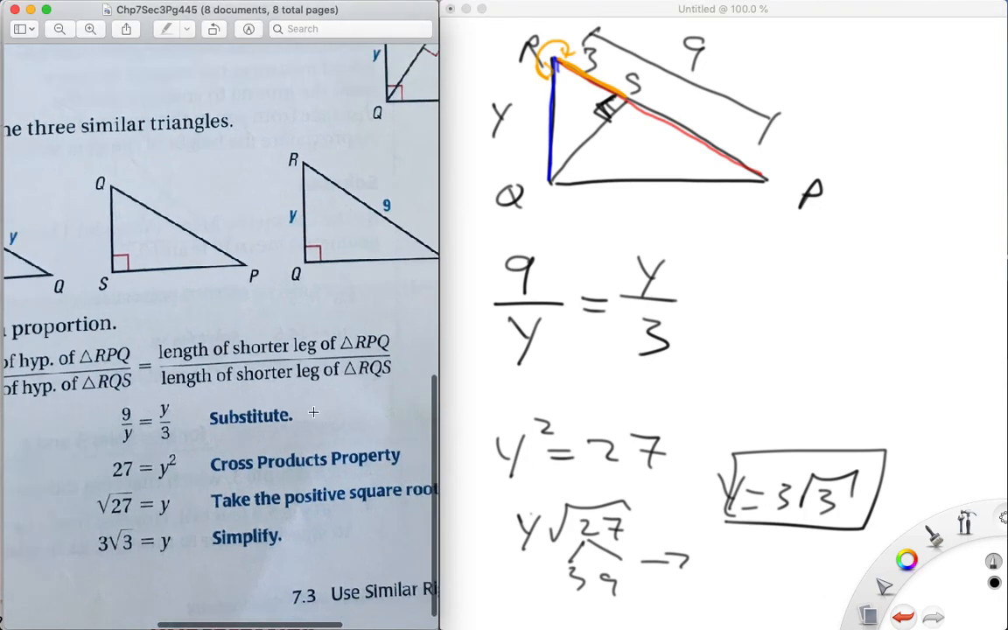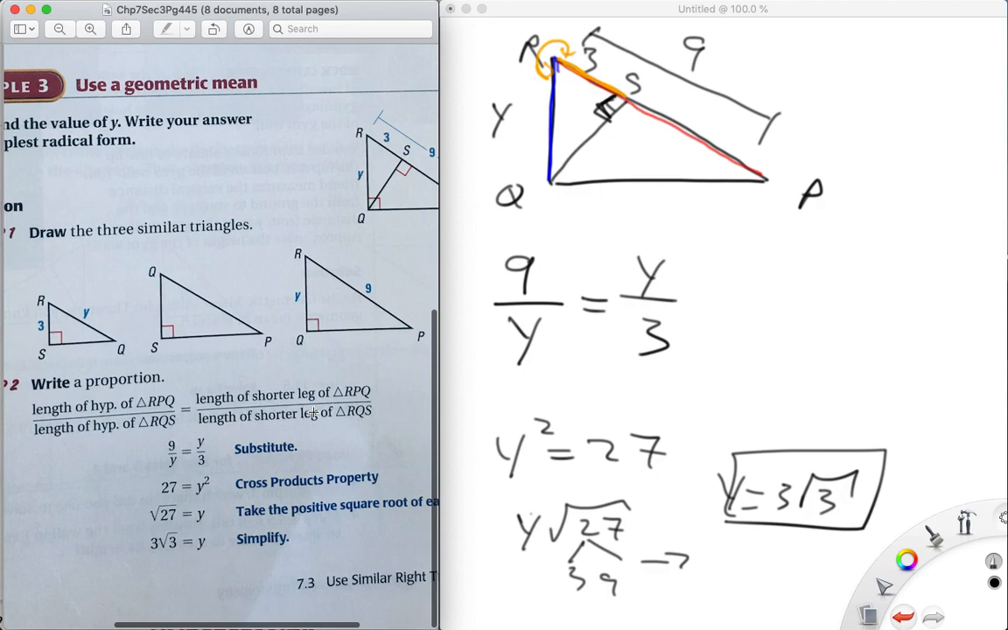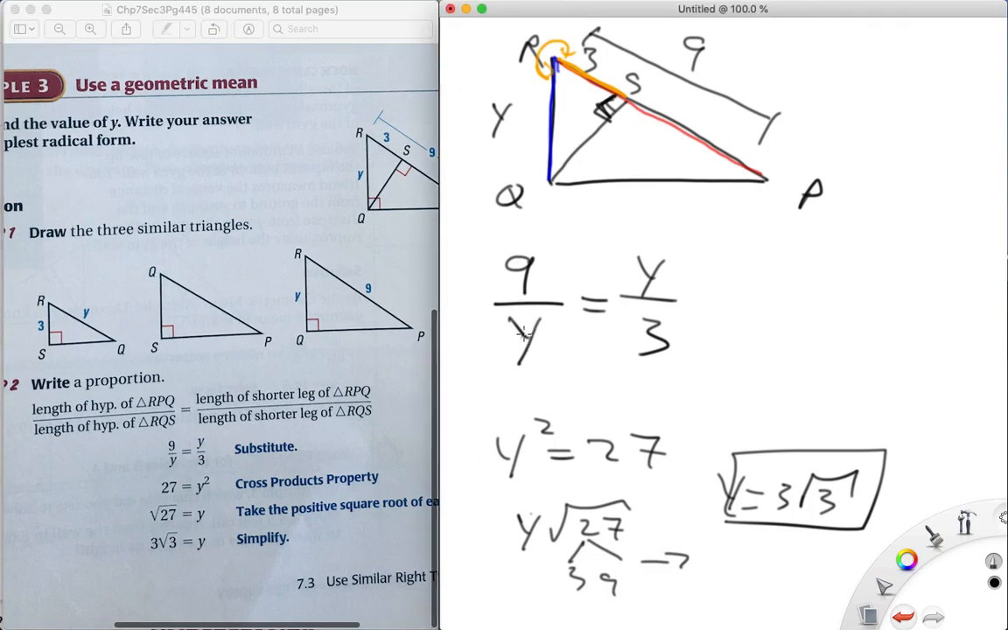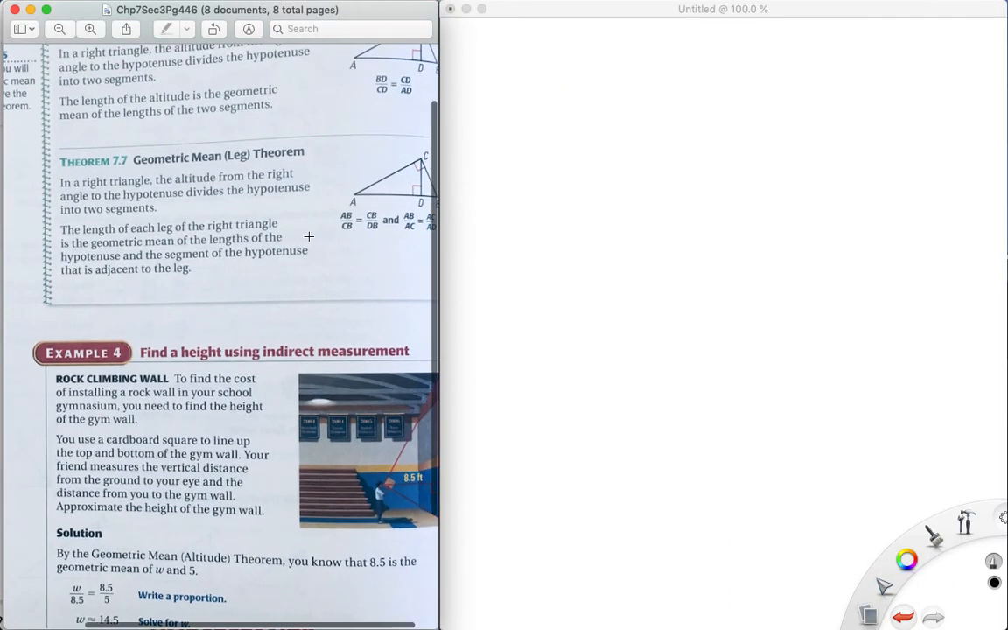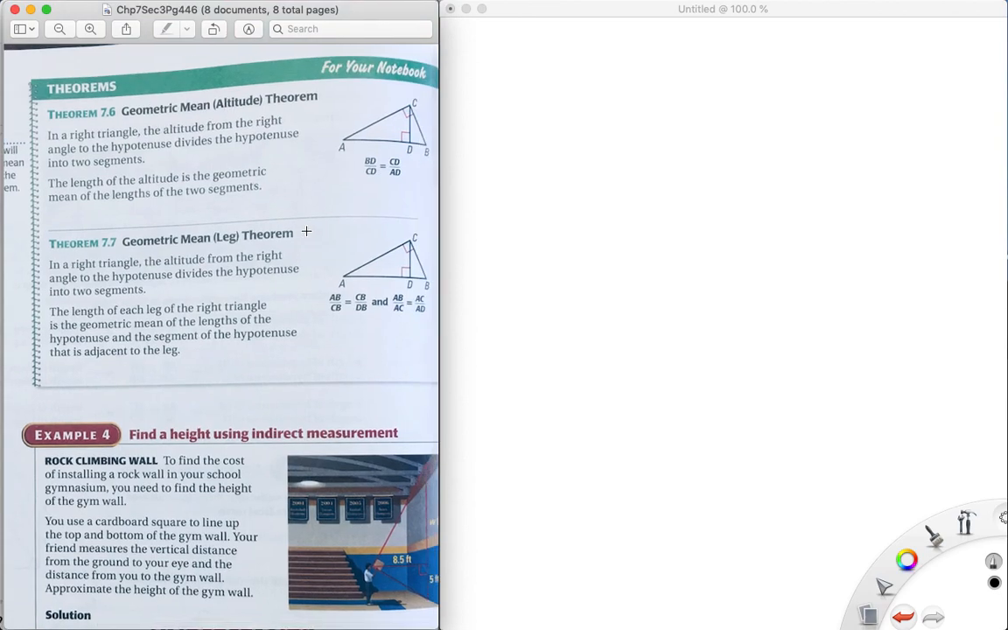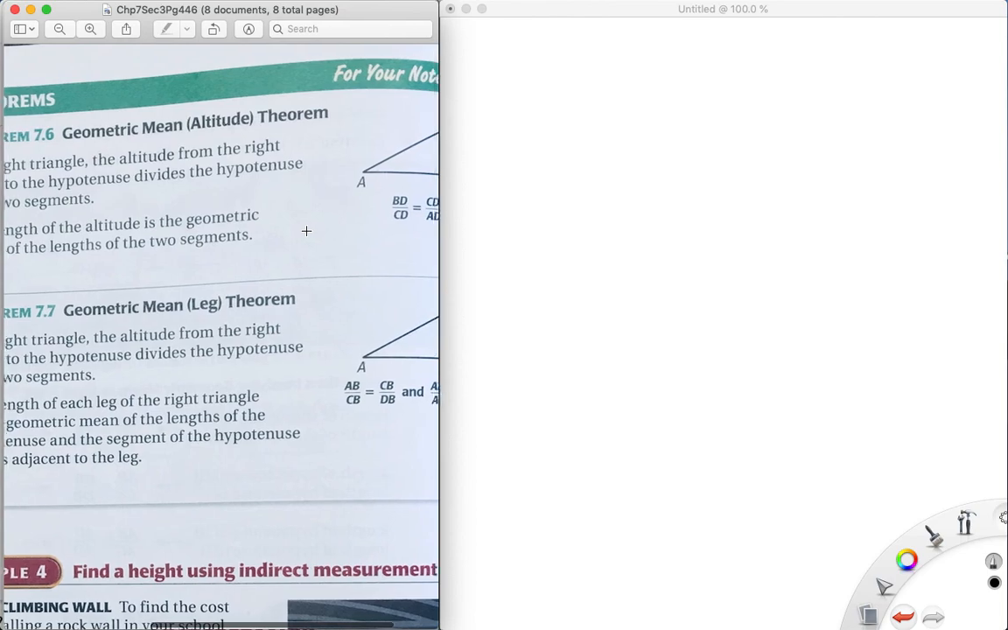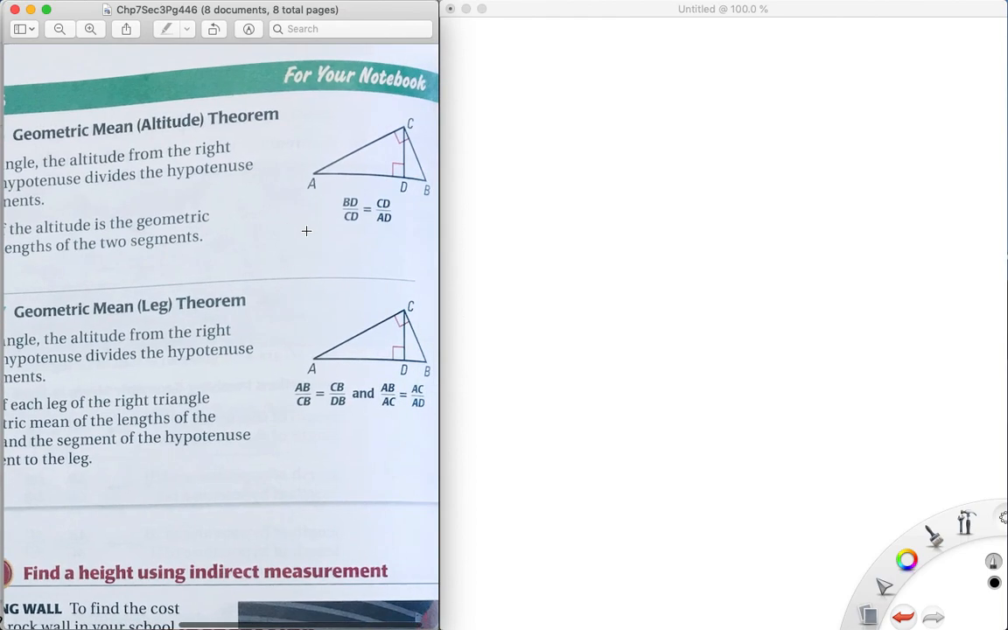Okay. So the length of the hypotenuse of the biggest triangle over the length of the hypotenuse of the smallest triangle is the same thing as the short leg of the biggest triangle over the short leg of the smallest triangle. And this is the side that they touch. I know. Alright, which gives us to 2. I'm not going to write this. You guys can copy it from here. Geometric mean of the altitude. Alright, so